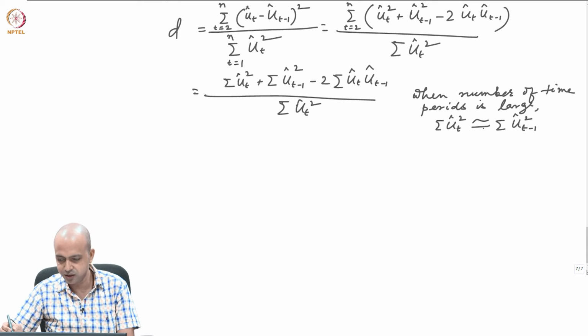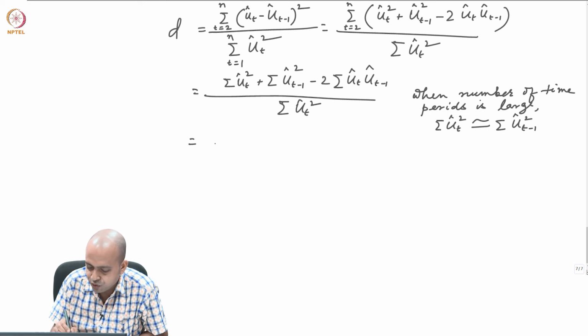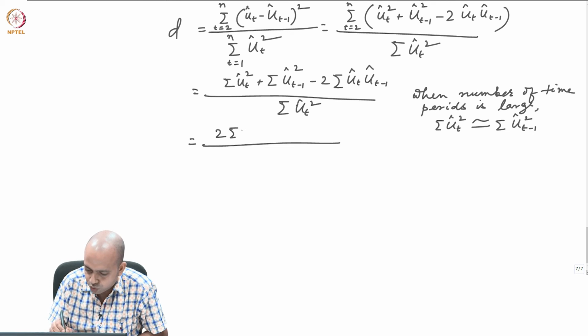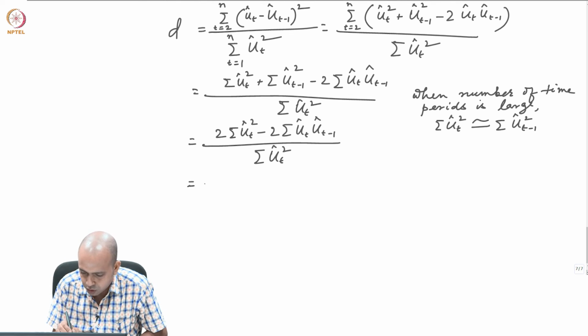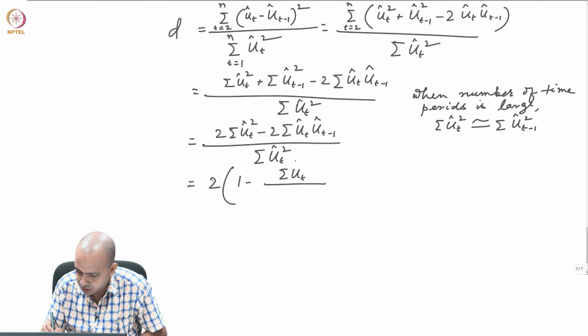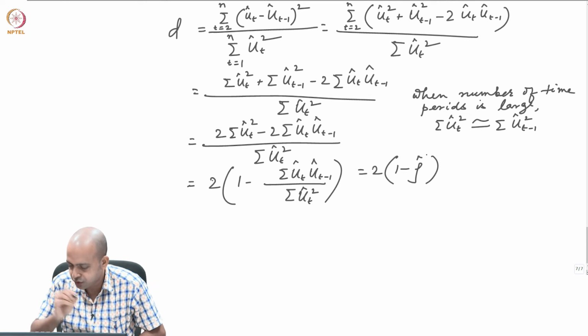So, if you substitute ut for ut minus 1, then that would become 2 into sum of ut hat square minus 2 into sum of ut hat ut minus 1 hat, divided by sum of ut hat square, and this would again become 2 into 1 minus sum of ut hat ut minus 1 hat divided by sum of ut hat square, equals 2 into 1 minus rho hat, where